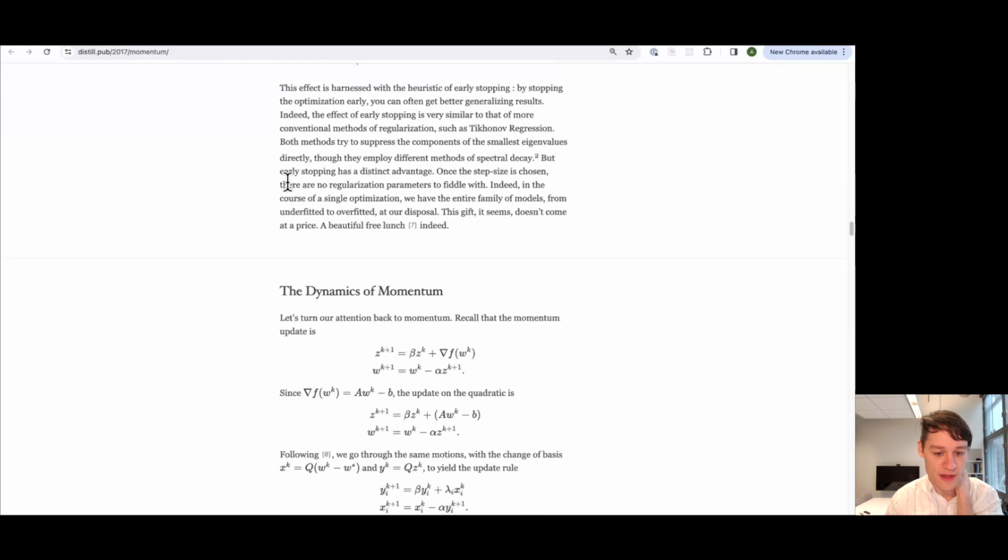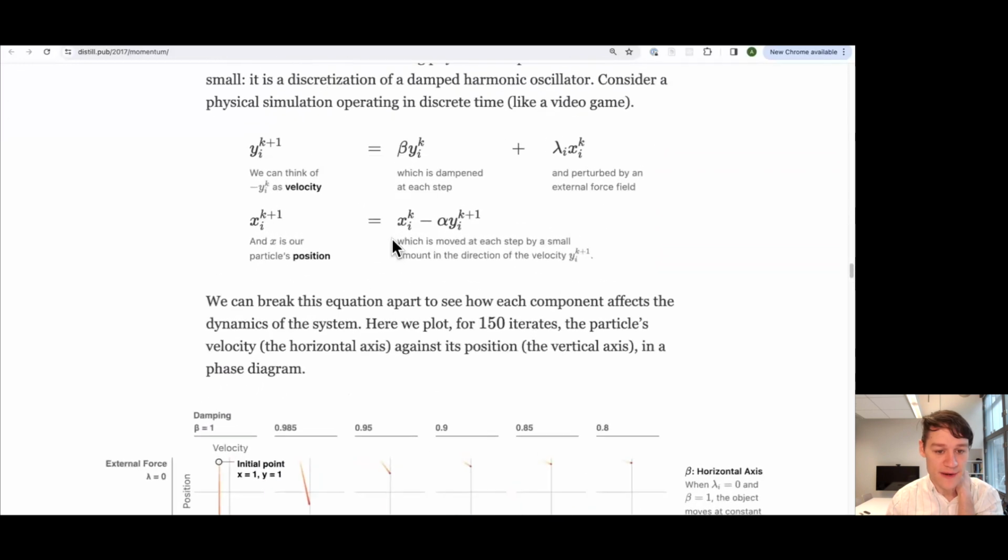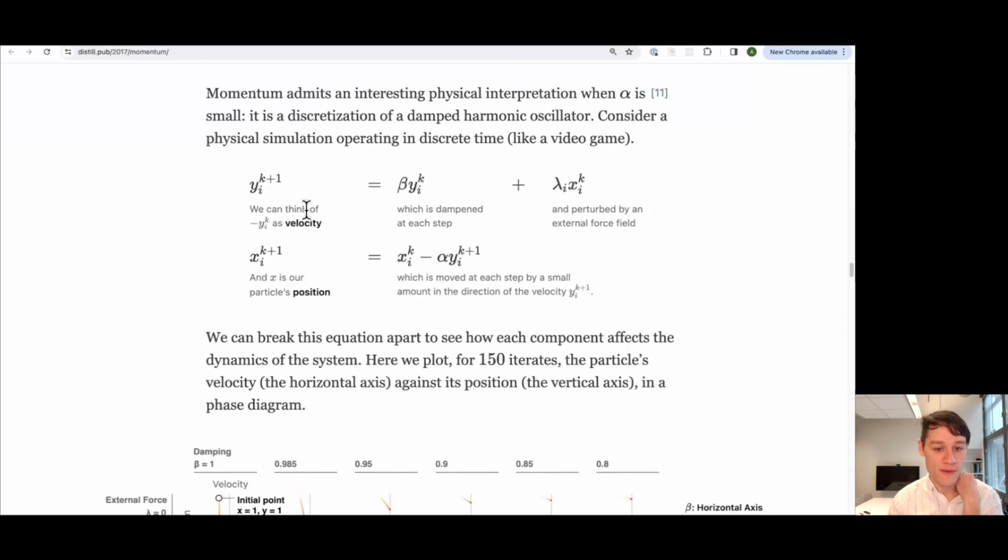Distill has examples of formulas like, let's see, this one right here, where they use space in order to chunk up the formulas, and also these labels right next to it to describe them. And one of the things that I think is really cool about these descriptions, another thing you could run a study on to see whether it's productive enough or not, is the fact that you can actually read these labels from left to right in order to come up with the sentence that describes the formula as a whole. So this says, we can think of negative y sub i to the k as velocity, which